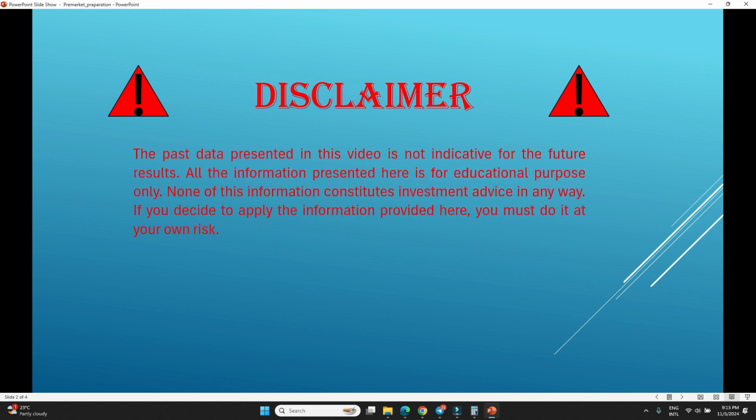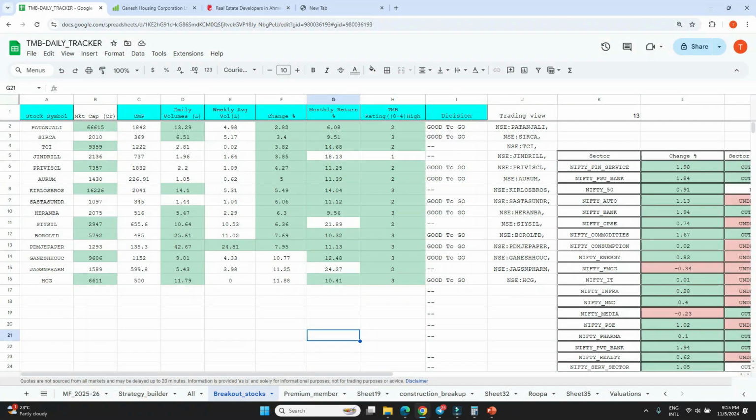Okay, coming to the stock. Let me go to the stock selection process first. This is my Excel sheet where I get the breakout stocks. For taking an entry in any stock for trading, we need momentum or some breakout pattern, like a flag pattern, inverse head and shoulder pattern, rectangle breakout pattern or triangle breakout pattern, something like that. All these things I have automated by using some